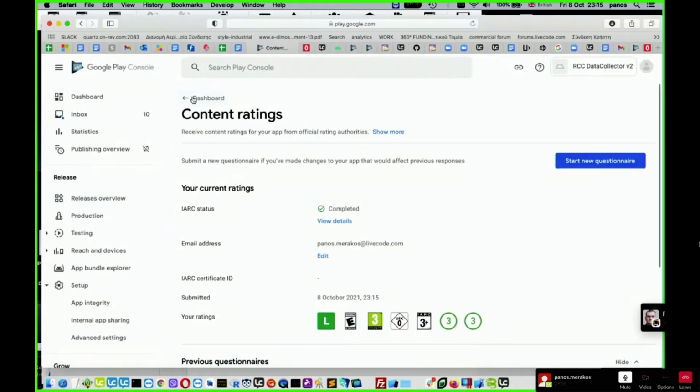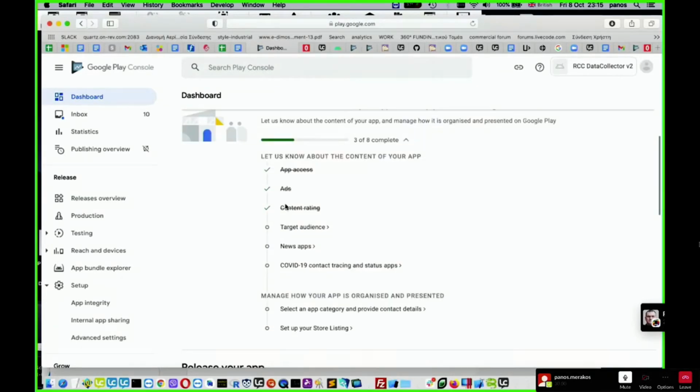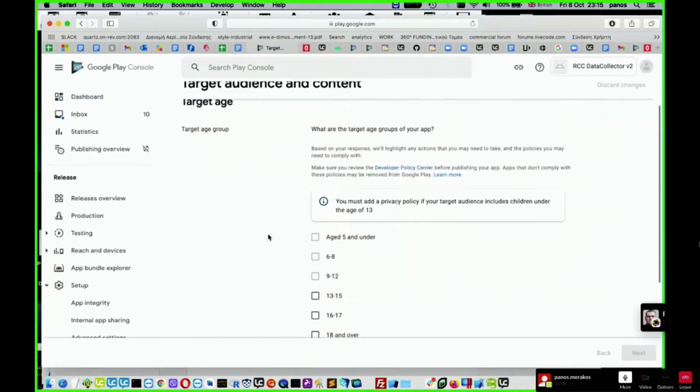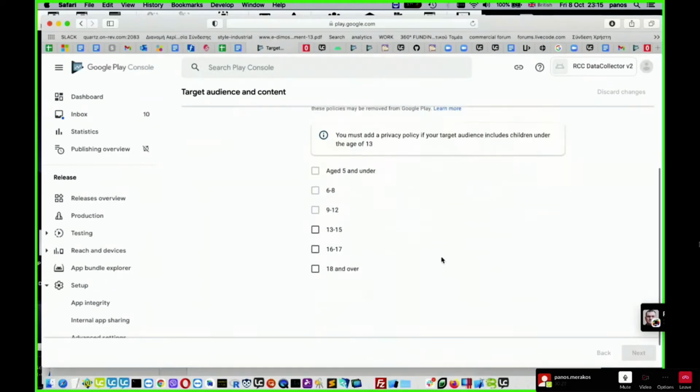So we go back to the dashboard, and okay, we have also completed the content rating part, and this part is about the target audience. So some more questions which we have to answer. You must add a privacy policy if you target audiences of children under the age of 13.